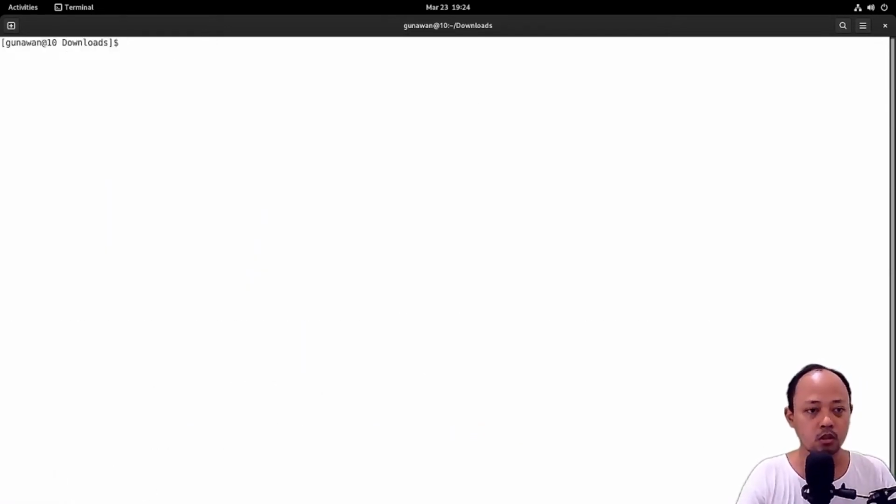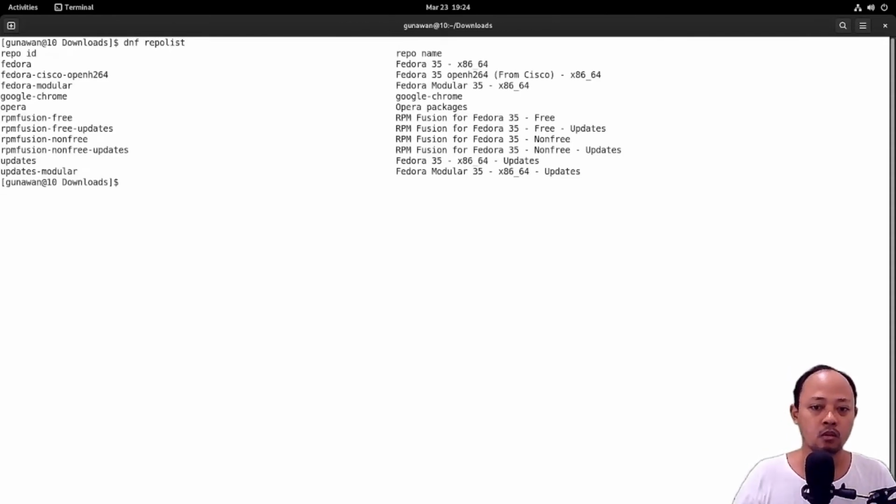Let's check our repo list. Opera is already here. I think the DNF just added the Opera repo in the repo list, because I didn't add the Opera repo. So it will be easier for us to update if there's a repo. We will check the Opera.